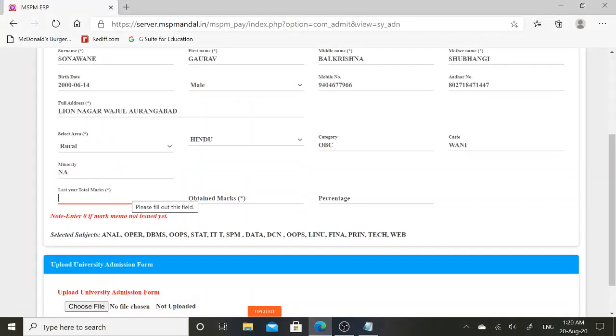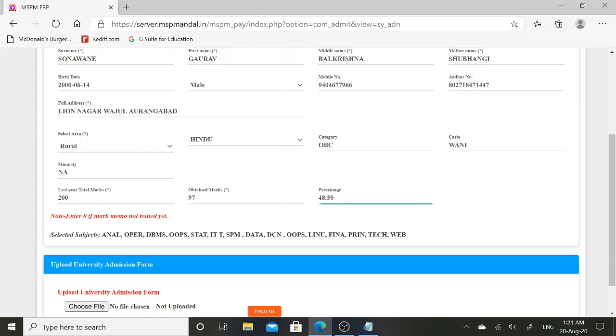So here in my case, since I am applying for third year and during third SEM I had passed 4 subjects, I will enter 200 as the total marks, and in this obtained marks section I will enter my obtained marks for the 4 subjects.